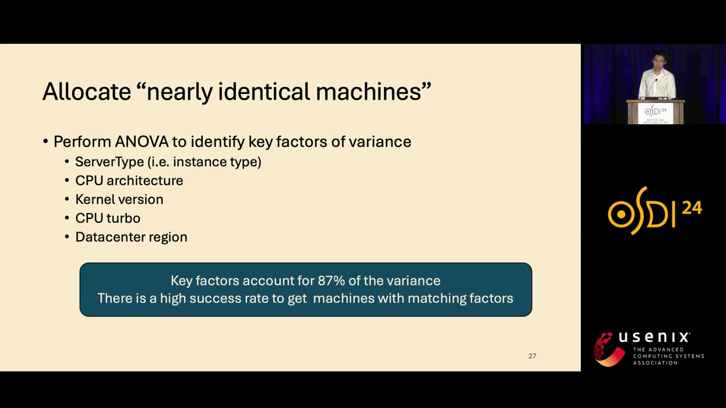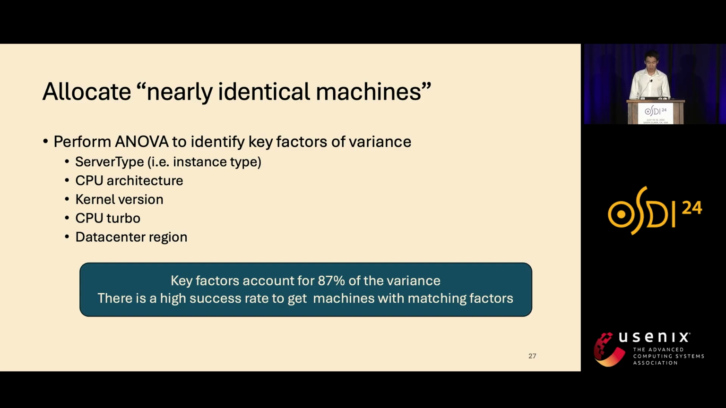We performed an ANOVA analysis and identified these 5 key factors. The first 4 here: server type, which is similar to instance type in the public cloud, CPU architecture, kernel version, and whether or not CPU turbo is enabled. These are more hardware factors, and there's kind of this obvious implication of why they may be important for performance